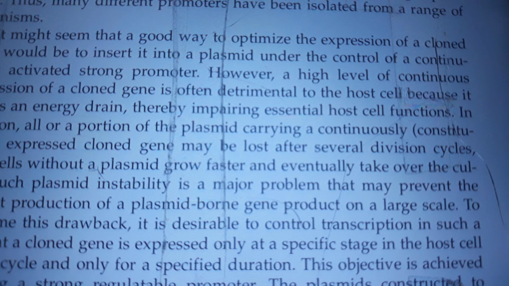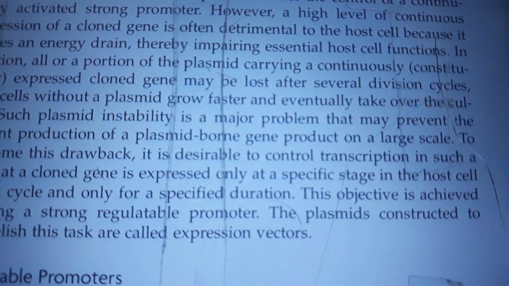However, a high level of continuous expression of a cloned gene is often detrimental to the host cell because it creates an energy drain, thereby impairing essential host cell functions. In addition, all or a portion of the plasmid carrying a constitutively expressed cloned gene may be lost after several division cycles, since cells without a plasmid grow faster and eventually take over the culture. Such plasmid instability is a major problem that may prevent the efficient production of a plasmid-borne gene product on a